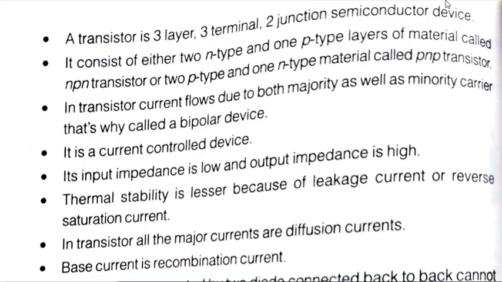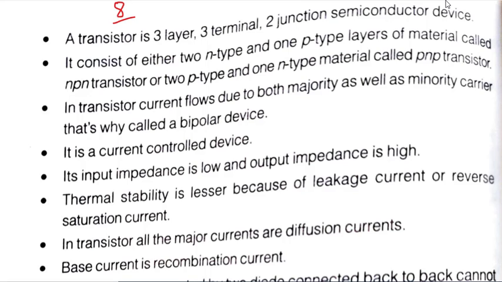This is Rohit Sharma, and this is formula series number 7. In this lecture we are going to discuss some formulas and concepts related to the bipolar junction transistor. In the next one, formula series number 8, we will discuss the biasing used in transistors, that is collector to base feedback bias, emitter bias, and everything related to that.